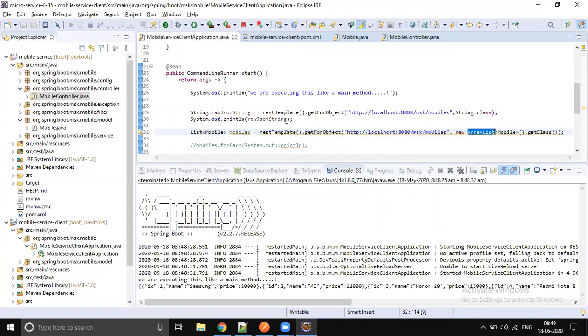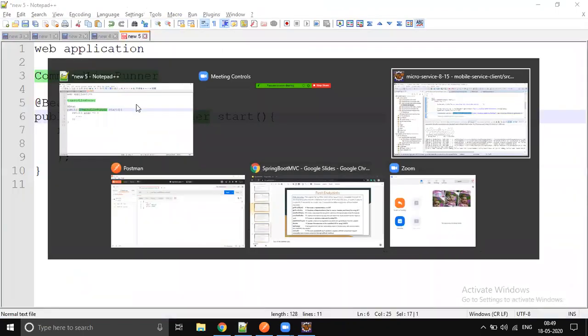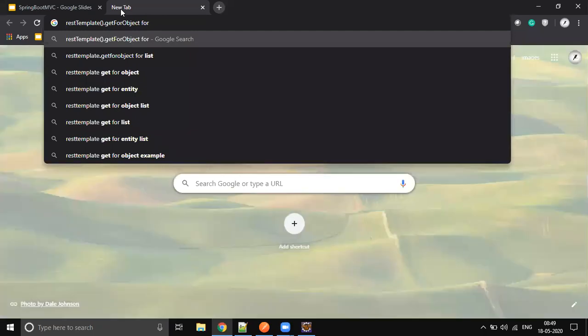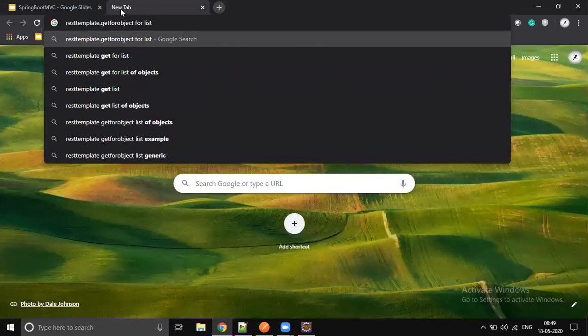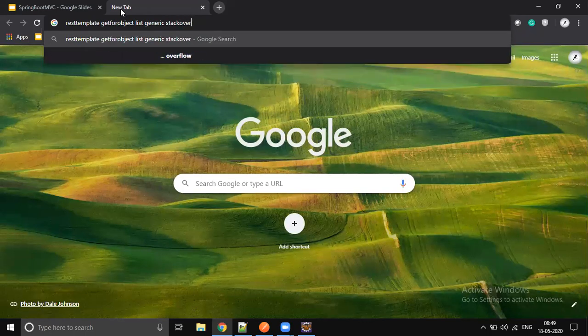Okay, so RestTemplate getForObject. Let me check the exact syntax for a list with generics, on Stack Overflow.